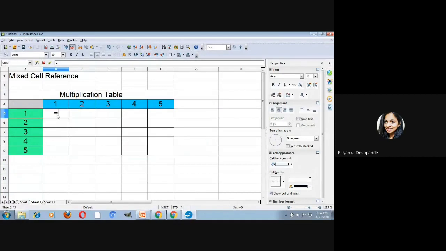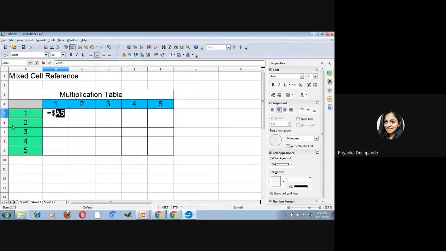So equals to fix any column or row, we have to put which sign in front of it? Dollar sign. So dollar sign, and A5. So I've placed a dollar sign in front of A. That means only the column A is fixed, okay, not rows.